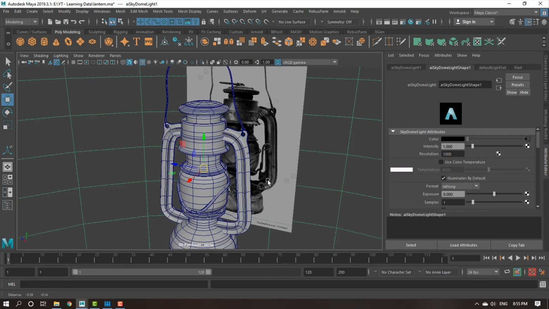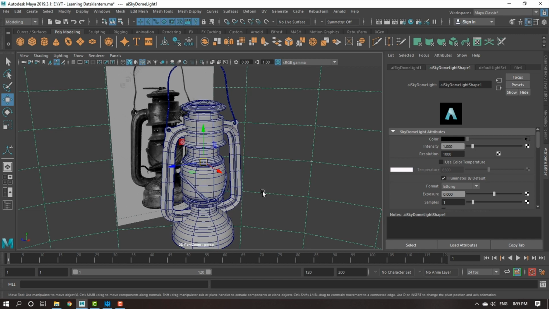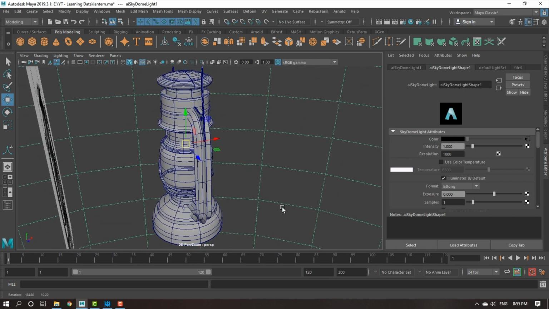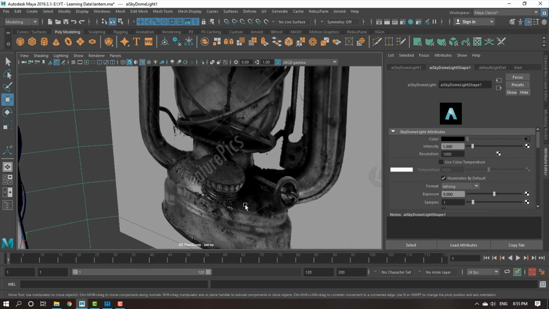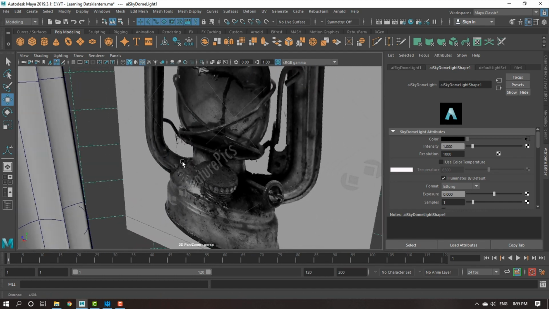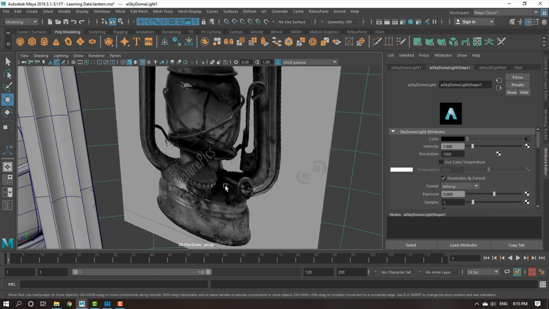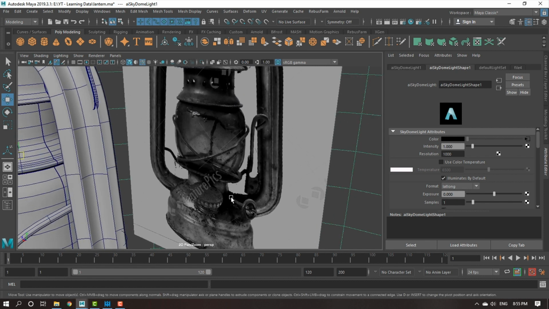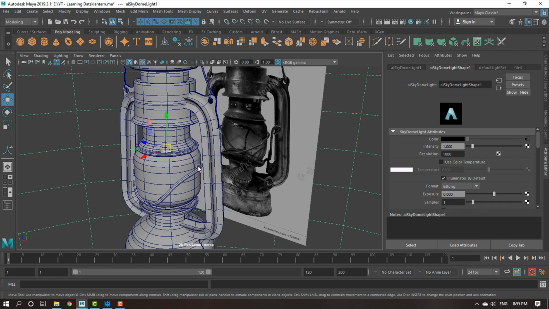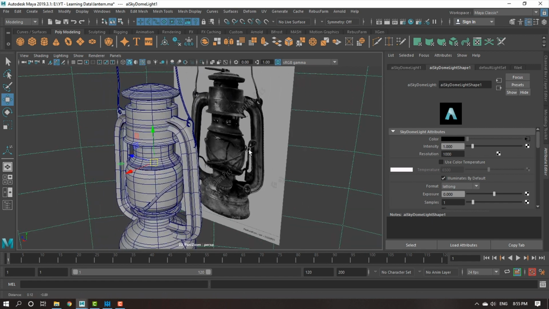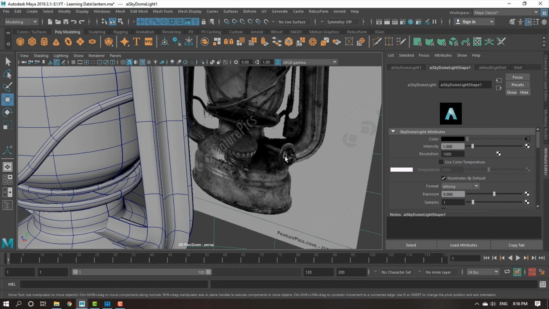Let's start. So this is where we stopped in our last video. We almost finished the lantern part. There are certain things which have been left out. For example, this is the nozzle where we can pour the kerosene or oil, and this is the pump part. I am not concerned with this. I have already told you in my last video how we can make this kind of string using NURBS. So let us quickly go through this part and then we'll do this part, and then we will convert the entire model from NURBS to polygons.